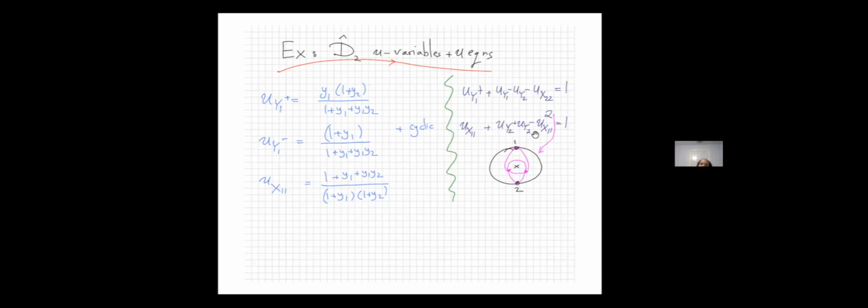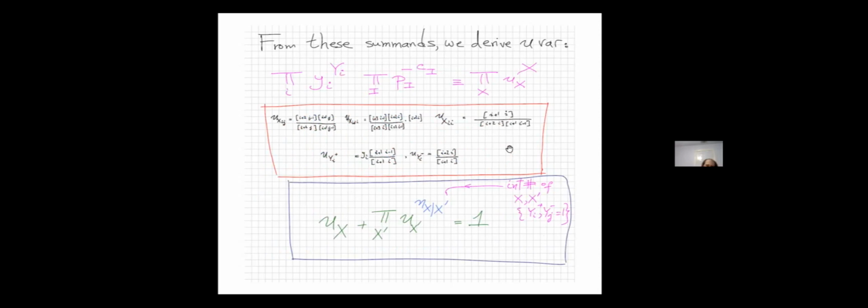Y2 crosses it, y2 plus, y2 minus crosses it, but also x11 crosses it twice. So there's a power of 2 here. Once again, you can shove these things in here and see that these are satisfied. Okay. So these u variables that come from these very simple summands by the sort of standard machinery for how